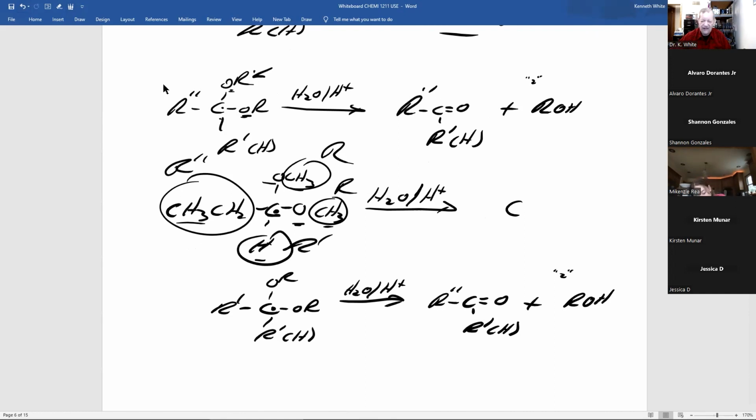It becomes this carbon, which is a carbonyl, R prime, hydrogen, R double prime, ethyl, and my R group is ethyl. And for those who must, can I write it any smaller? You can put a 2 there. You don't have to. And that's how you do it.